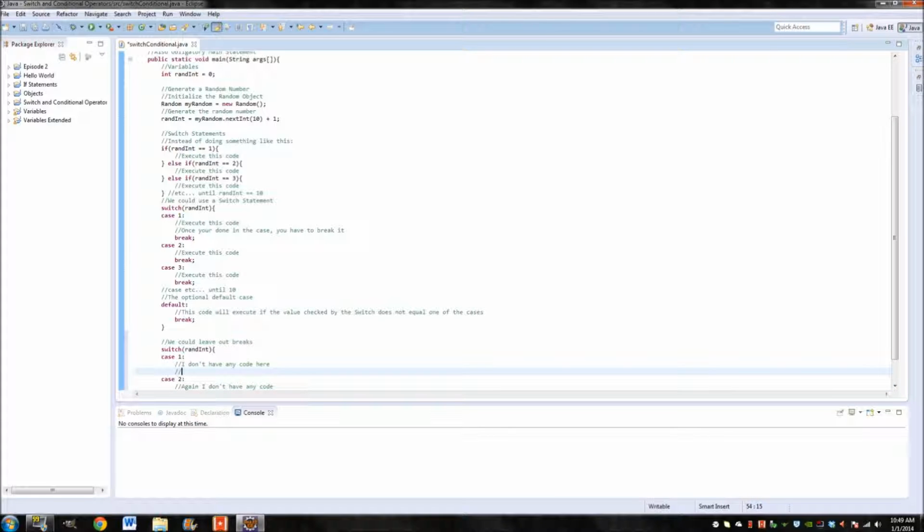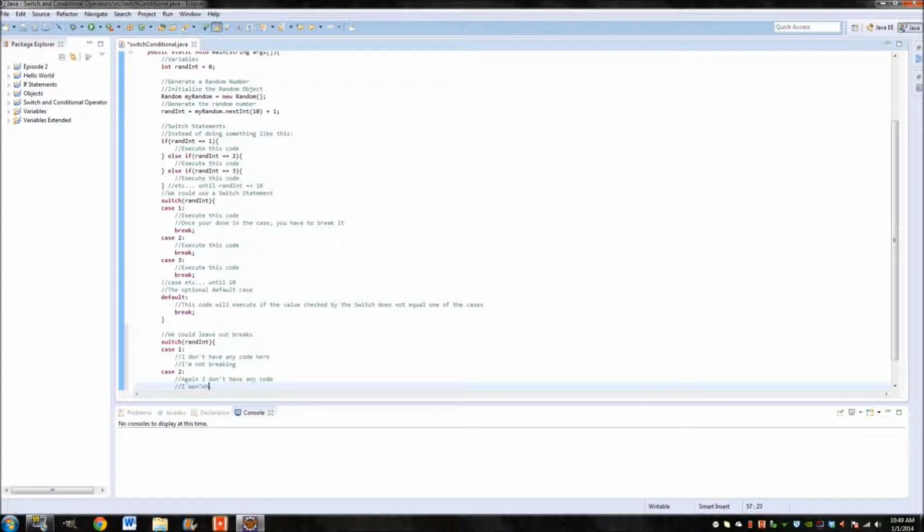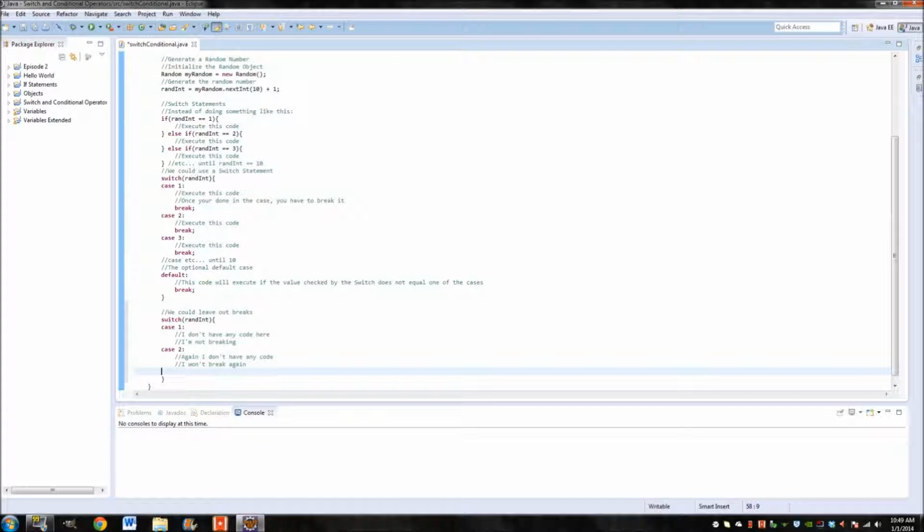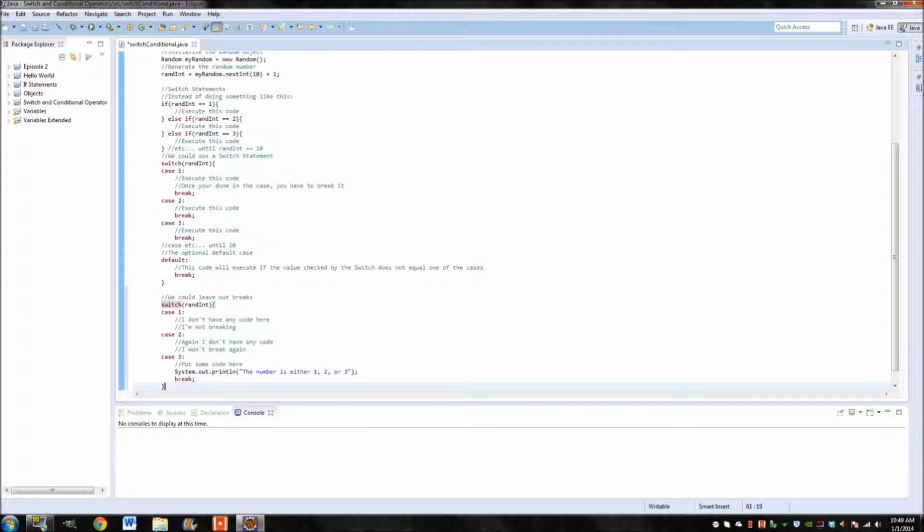So I'll go ahead and put that in there. I won't break again. So then if I had like case 3 and I finally put some code in here, something like System.out.println, the number is either 1, 2, or 3, and then I broke it,